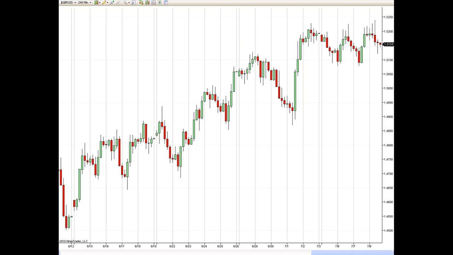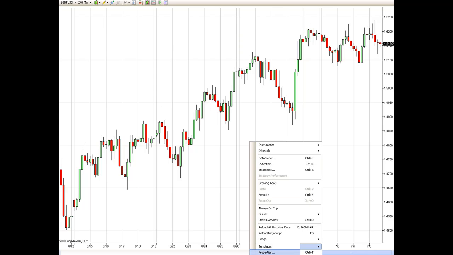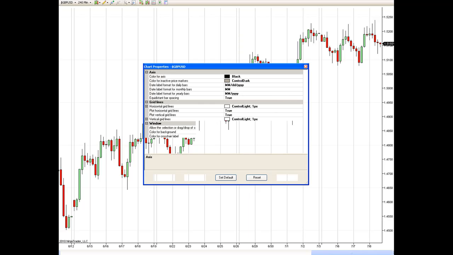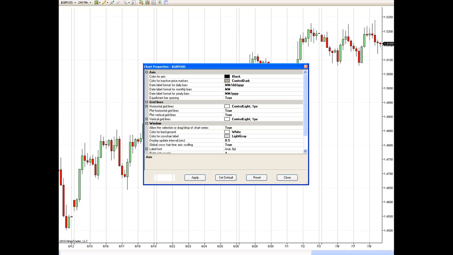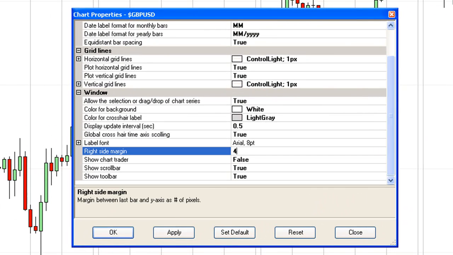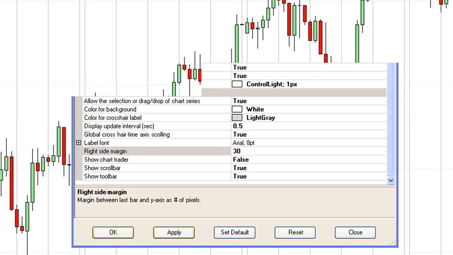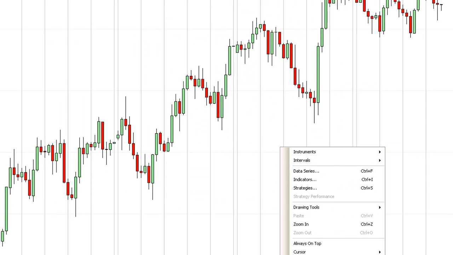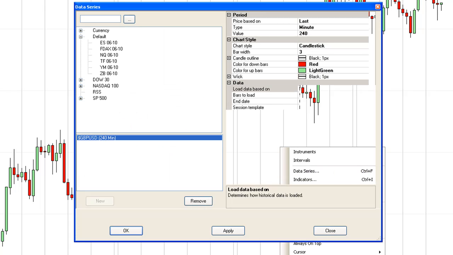There's a few things you can do from here. I'll show you what I do personally to get the chart looking how I wanted it to look. I'd first of all right click on the chart and then move down to properties. This will become evident in a little while why I'm doing this. If you change the right side margin to 30 and then right click again, and then if you go to data series,